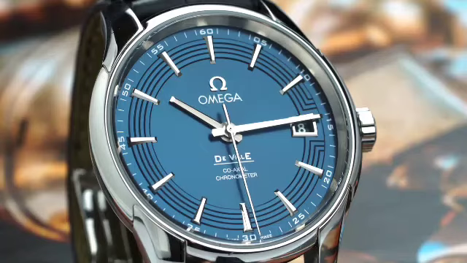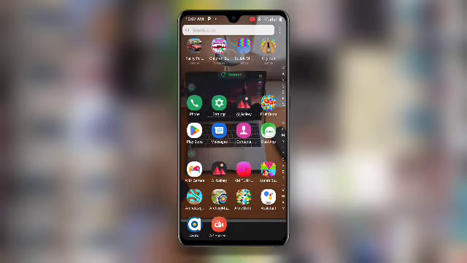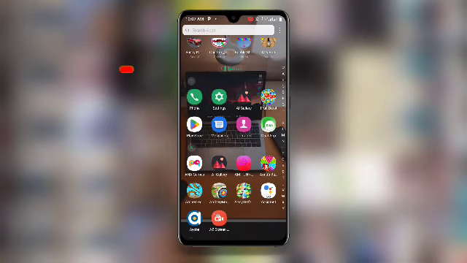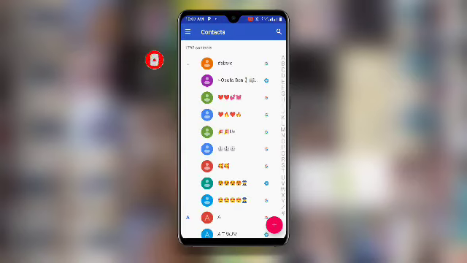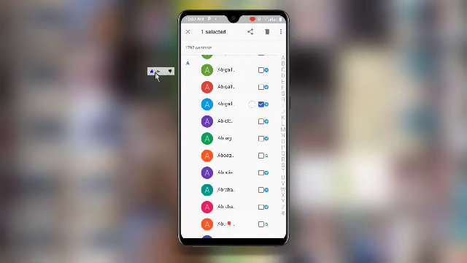Now without wasting much time, let's get started. In the first place, all you want to do is to open your contact over here. Now once you open your contact, all you want to do is to select the contact you want to share. So just select the contact you want to share over here, and then once you click on that, or once